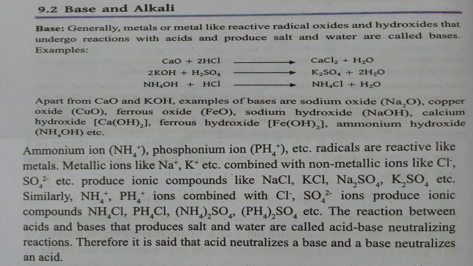Ammonium ion, phosphonium ion, etc. radicals are reactive like metals. Metallic ions like sodium ion, potassium ion, etc. combined with non-metallic ions like chloride ion, sulfate ion, etc. produce ionic compounds like sodium chloride, potassium chloride, sodium sulfate, potassium sulfate, etc. Similarly, ammonium ion, phosphonium ions combined with chloride ion, sulfate ion produce ionic compounds ammonium chloride, phosphonium chloride, ammonium sulfate,